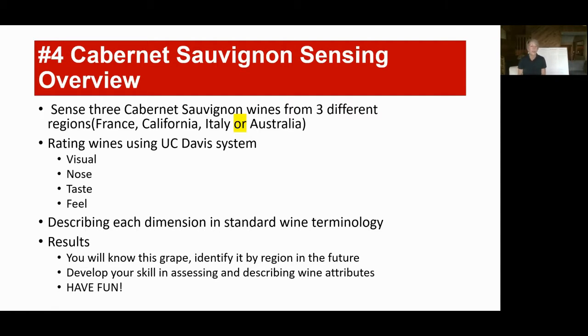You're going to know this grape, and you're probably going to be able to identify it by region in the future, in particular cold climate versus warm climate. And you're going to develop your skill in assessing and describing the wine attributes. And you're going to have a great time